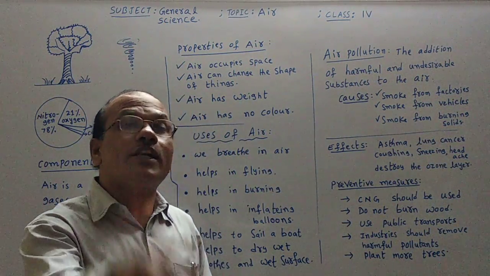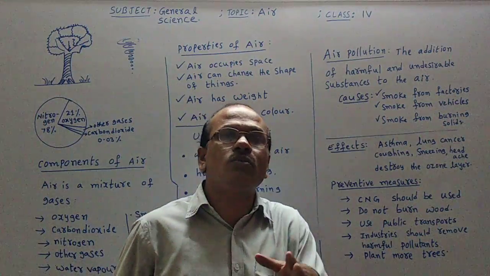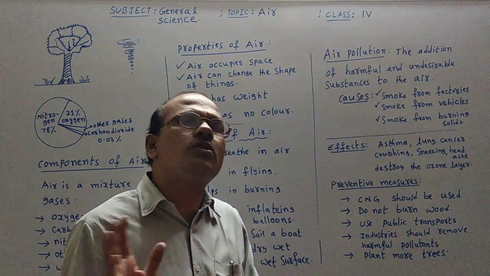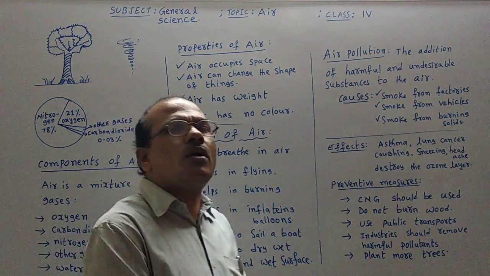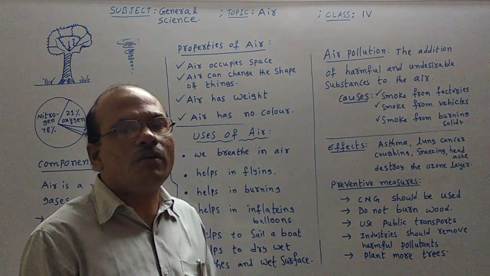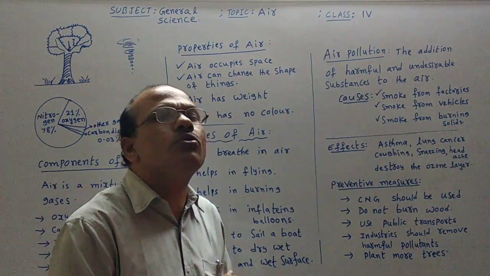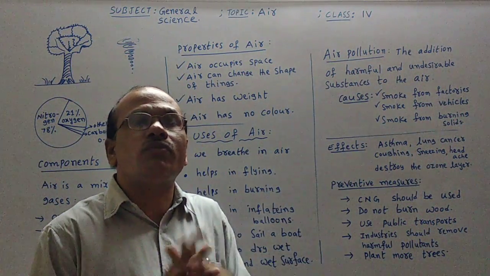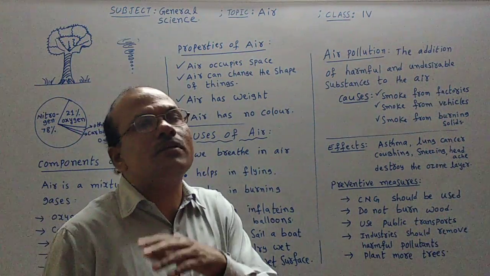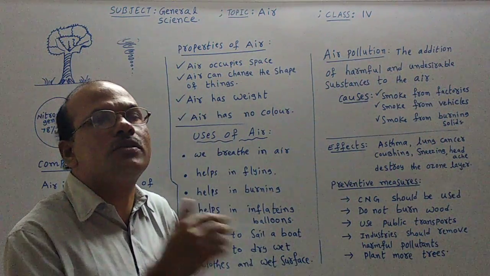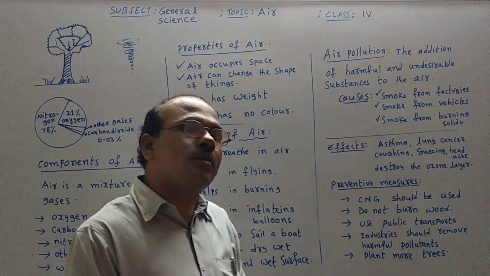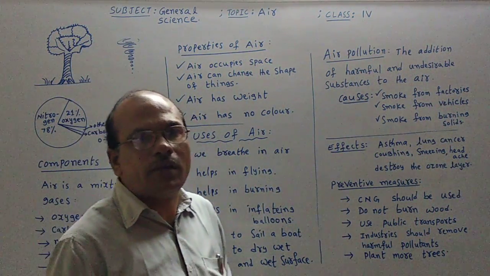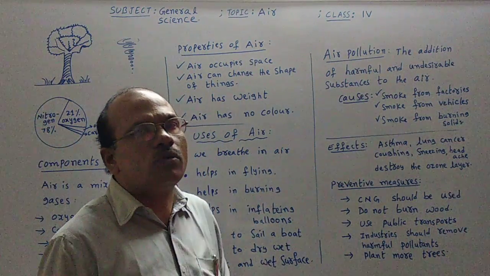Next, use public transport only. That means we should not use cars and all those. Nowadays all families have their own two-wheelers, cars, jeeps and all those. Wherever they want to go, they use their own vehicles. If we use them in that manner, all the roads are fully filled with vehicles and full of air pollution because of the harmful gases that come out from the vehicles. So instead of causing such damage to the air, we should not go for our own vehicles,